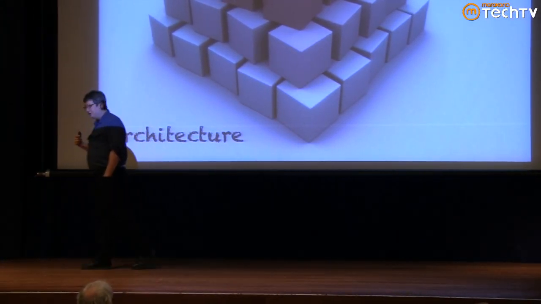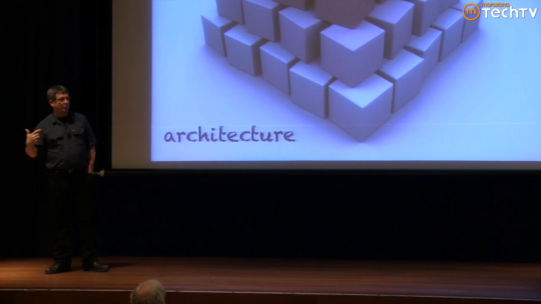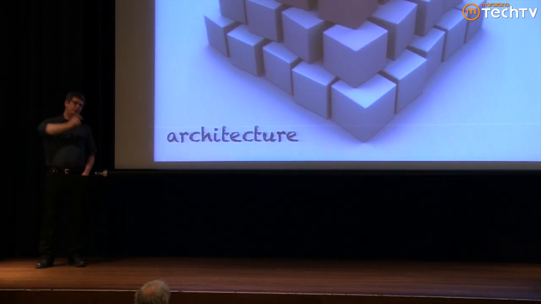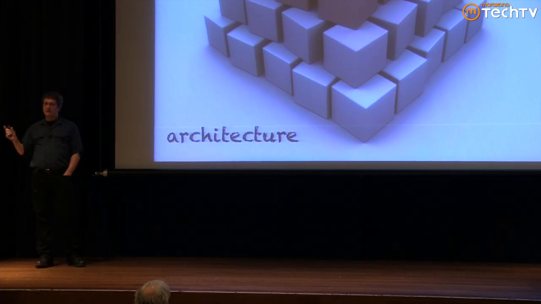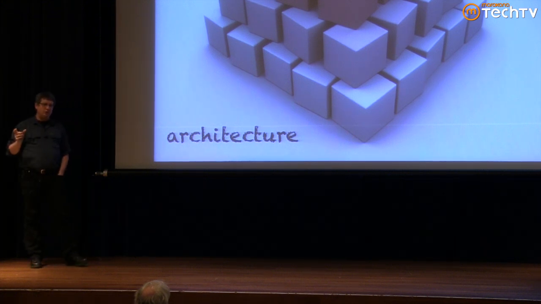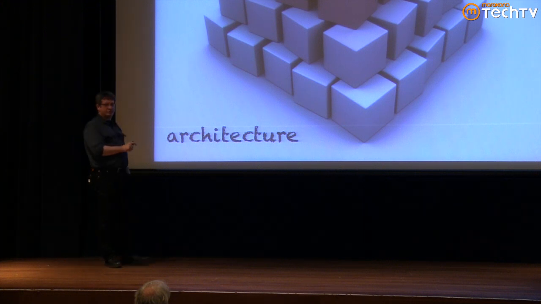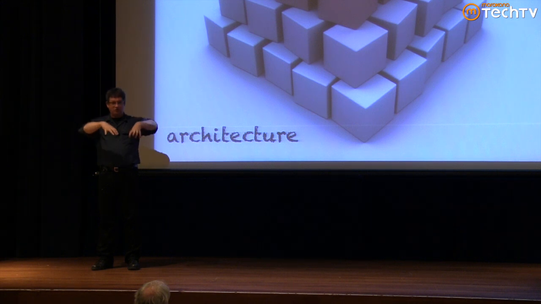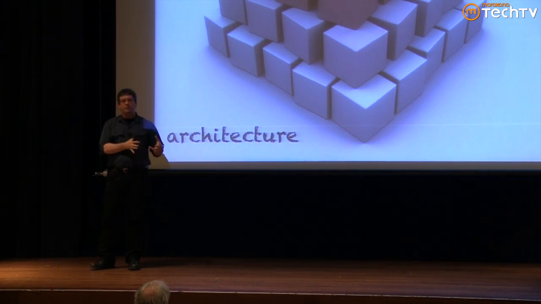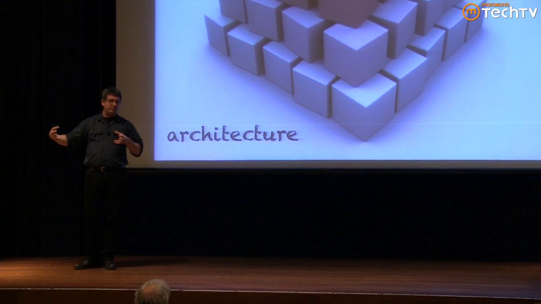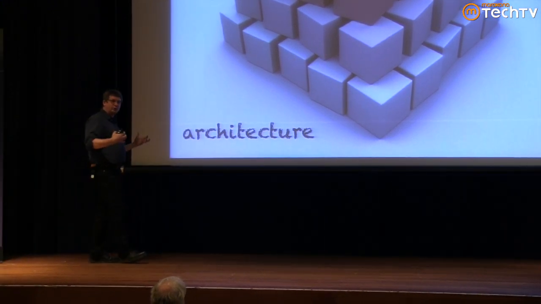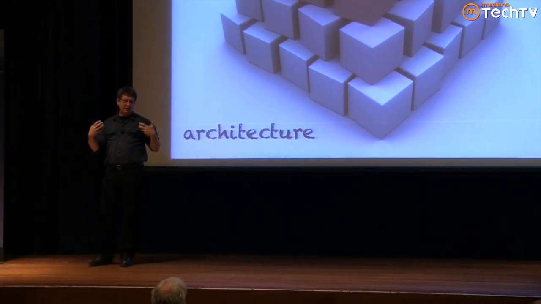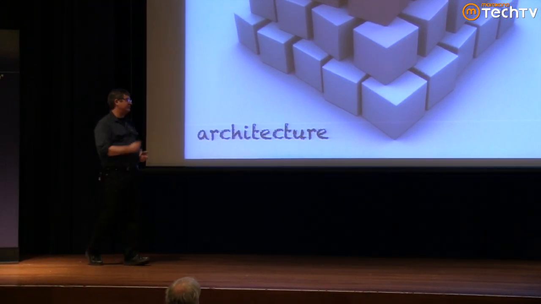I've written an article series about this topic for IBM DeveloperWorks, which is still available out there. There are 19 installments in this series, and the series is called Evolutionary Architecture and Emergent Design. And that's a really important distinction, because you can't have emergent architecture. You have to have something for everything else to rest on before you can do anything else. But you can create an architecture that you can evolve over time. Design can be much more emergent because not as much rests on design, and so you can actually do less design and let more of it kind of reveal itself to you from code. And I'll show you some examples of that in just a second.